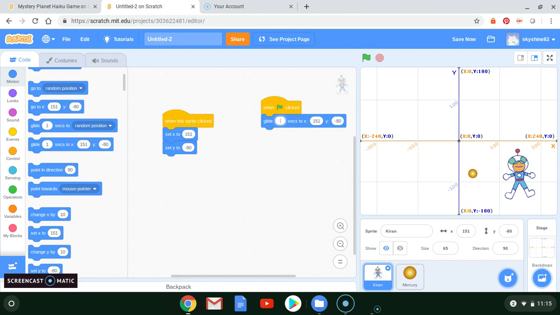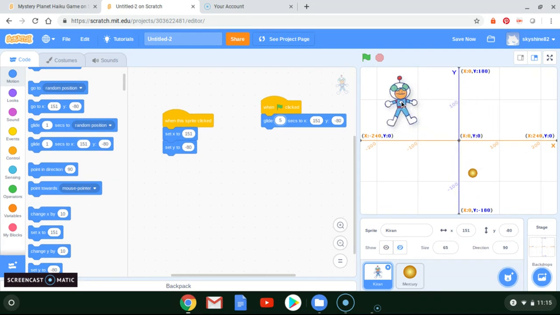So right now it says 1 second. Let's see what happens if we make it 5 seconds. I have a feeling that's going to be kind of like a slow motion type of movement. So I'm putting her back here in the top left corner. Click the green flag, and we get a very slow glide. I kind of like that. She looks like she's floating through space with zero gravity. So that's a very slow glide. So you could, again, control how fast or slow the glide is. And you can decide where you would like your sprite, your main character to